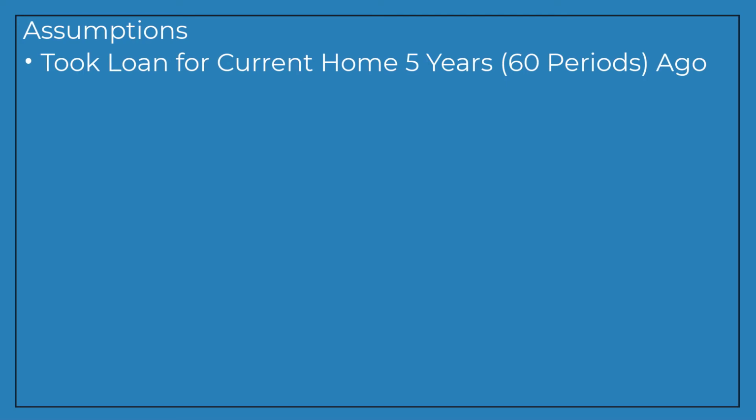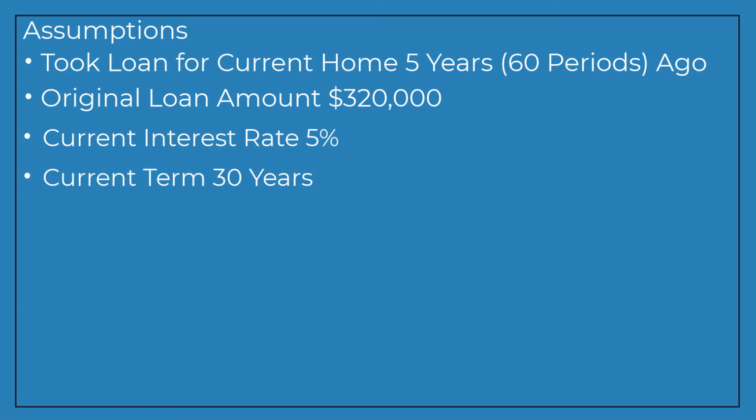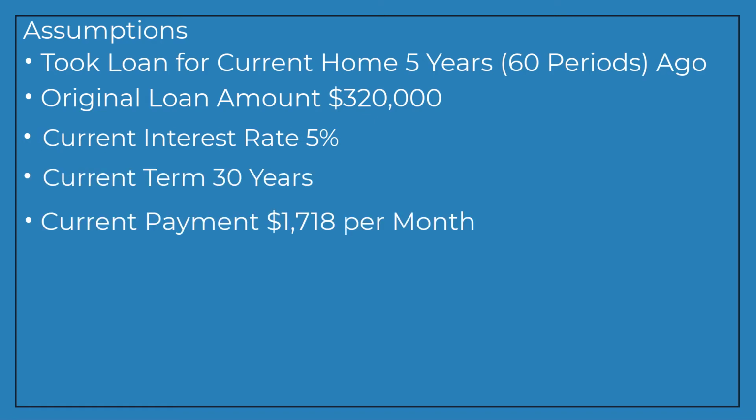Your purchase price was $400,000 and you put 20% down, so your loan amount is $320,000. Your interest rate is 5% and it's a 30-year loan. Your current monthly payments are